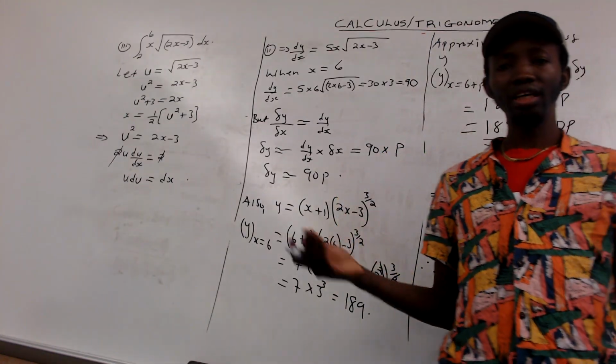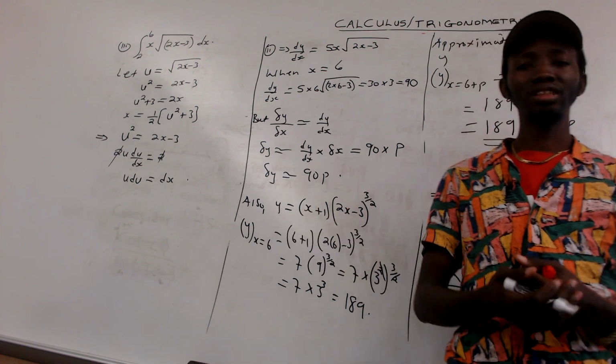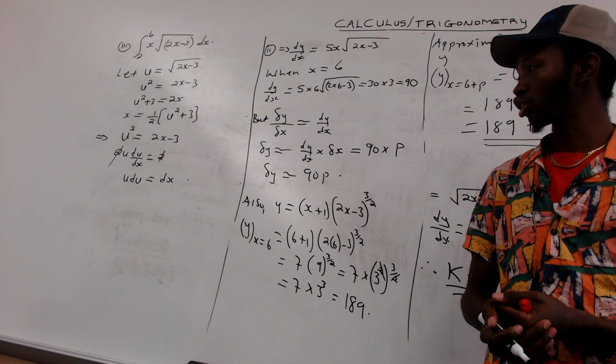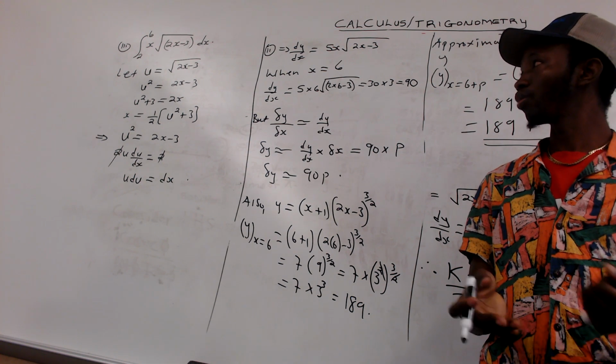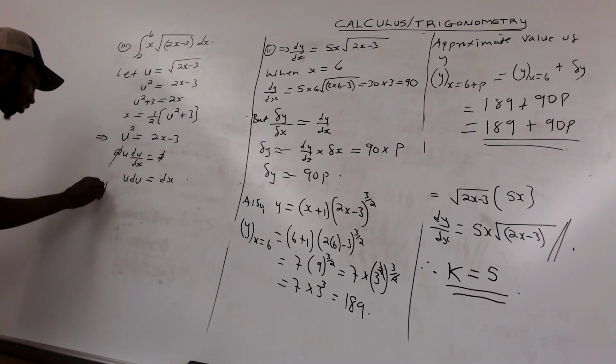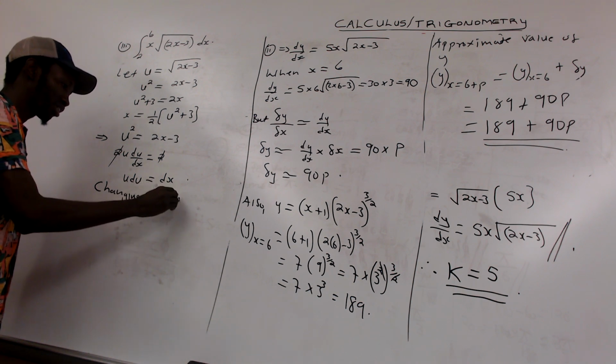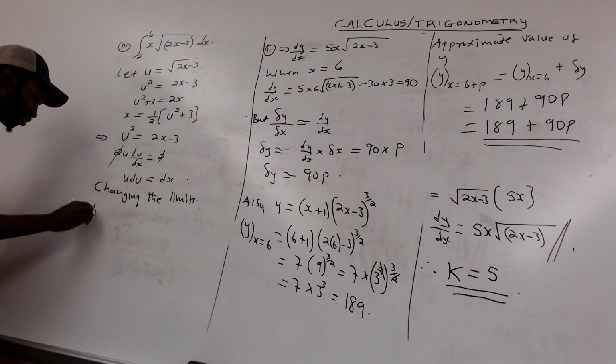If you use k, everything should be k. It depends on the letter you choose. Since we use u as the substitution, the limit again must be changed to u. So if we change the limit, let's say u1, we have